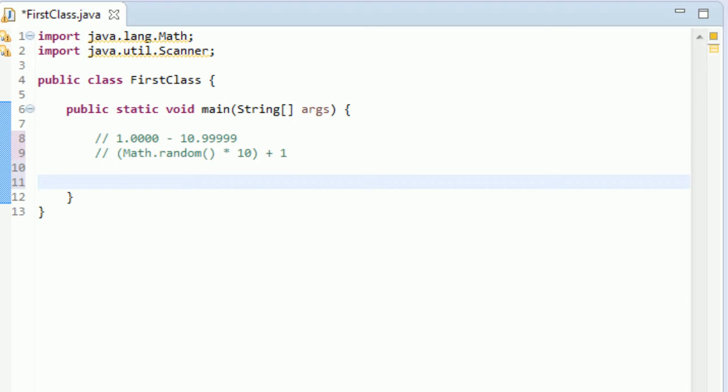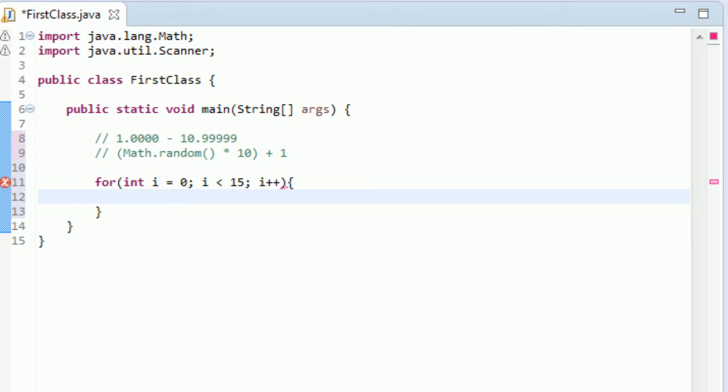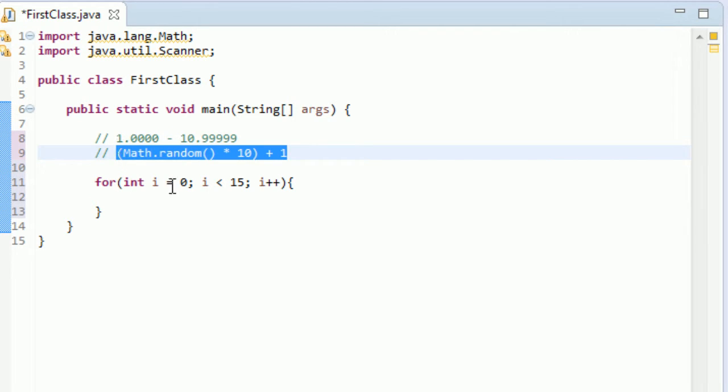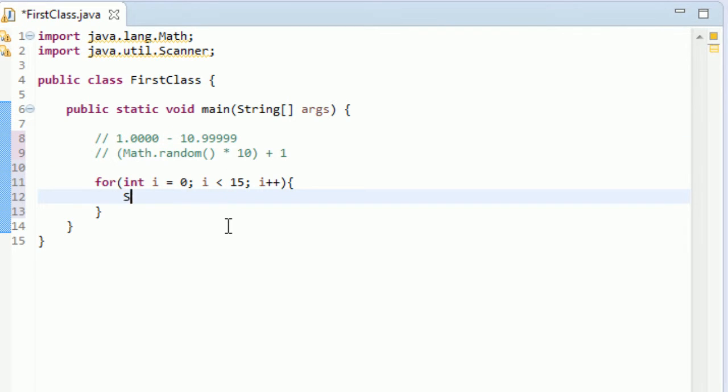So let's create our for loop again. I could have kept that for loop, but no harm in learning things over again. So we're creating our int, and we're gonna have it iterate from 0 to 14 and increment it by 1 each time. Okay, looking good. And now let's print out this thing that we just typed up here. So we're going to print out System.out.println, and we have this